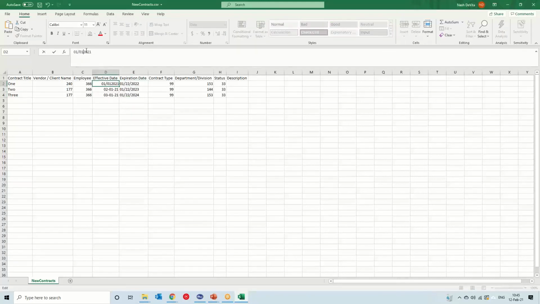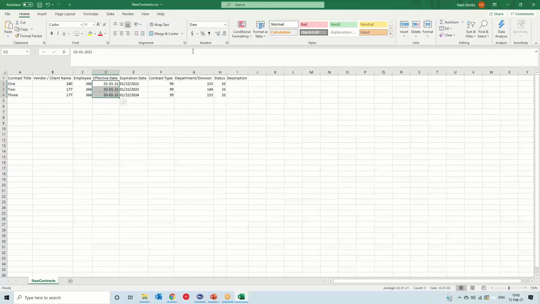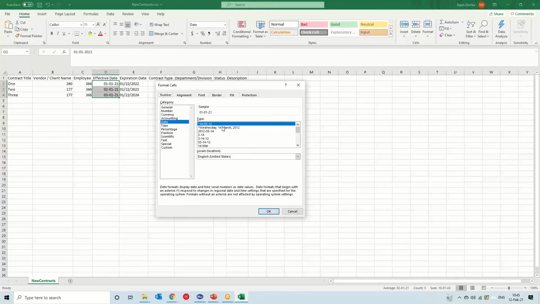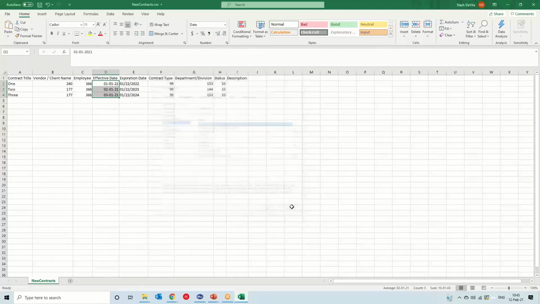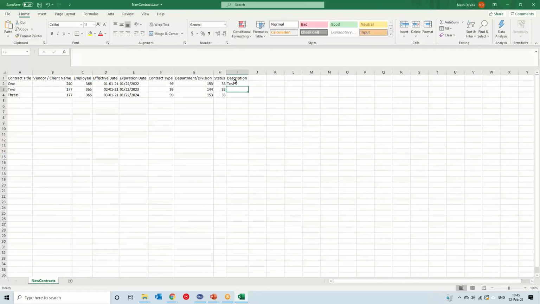I'm always hesitant about that though, so I'm going to double check my date formatting and put it in with strokes, if it will let me. It will not. All right, and description, test 1, test 2, and test